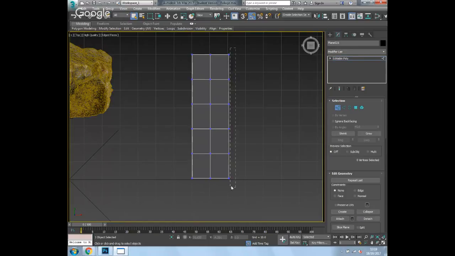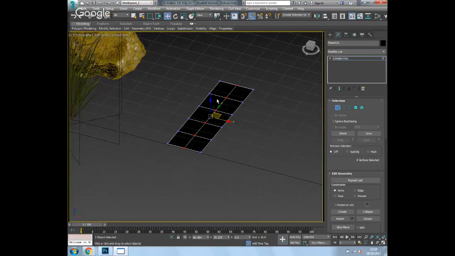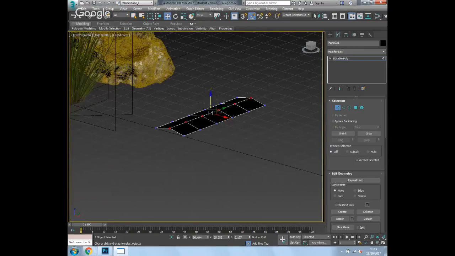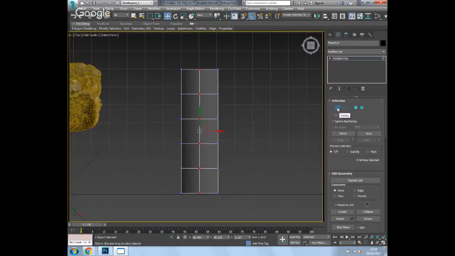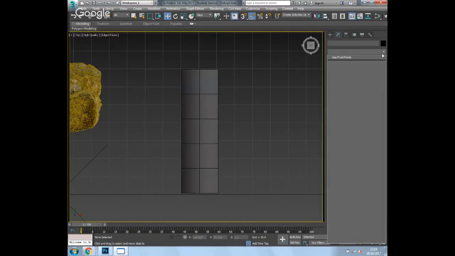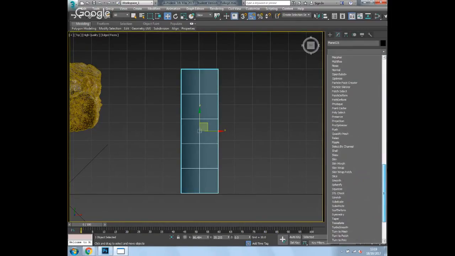Then we can select these edges and sort of bend them down so it's a bit more curvy in terms of the plant. So maybe just select the middle ones and bring those up slightly. Again, looking at it from the top. Now I'm going to use my unwrap